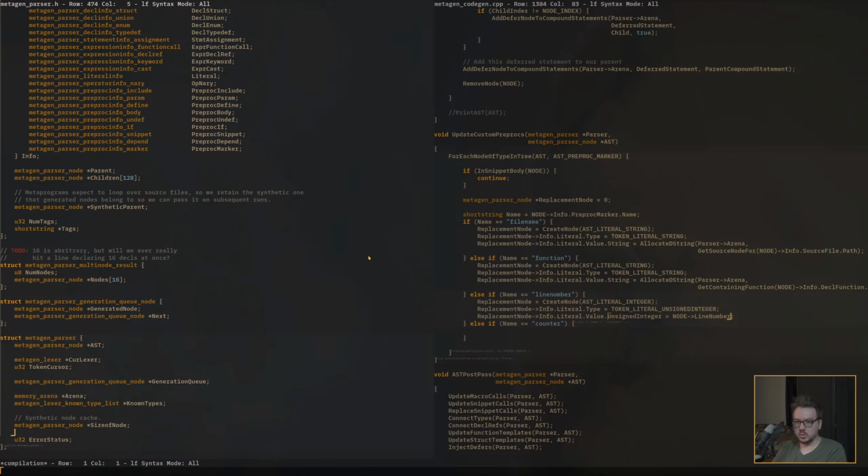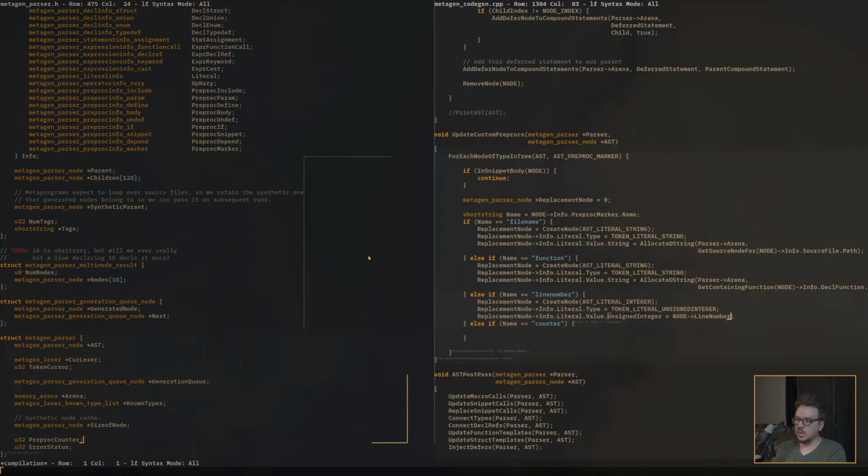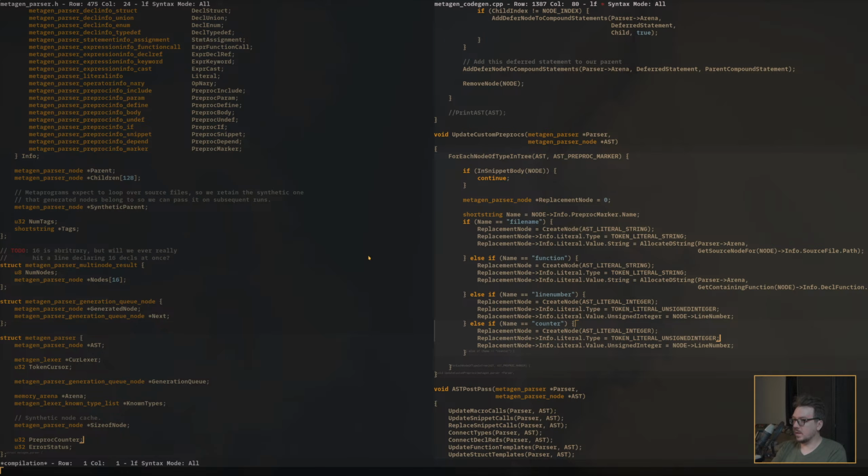So on the parser, we'll just say U32 pre-proc counter, and we'll do the same thing, but the value will be global parser pre-proc counter plus plus. Yeah? And then we can